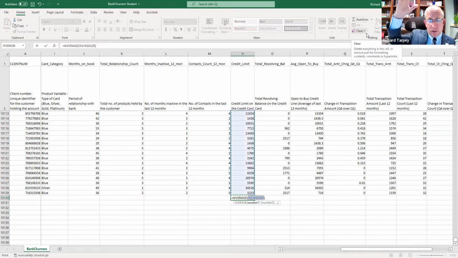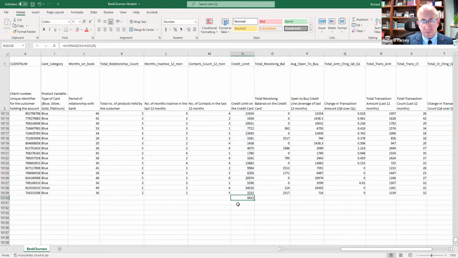As long as you have numbers. If you have a bunch of text in your first 10 rows, it won't include those. It'll just include the numbers up to the point where it doesn't find numbers anymore. So it guesses. Sometimes it's right, sometimes it's not what you want. But if you have a straight shot of numbers like we do, you can see the formula has been plugged in for us. We just hit enter or tab, and we have our average. The formula being the average of all the data in column N from row 3 to row 10,129. So we have our average credit limit,